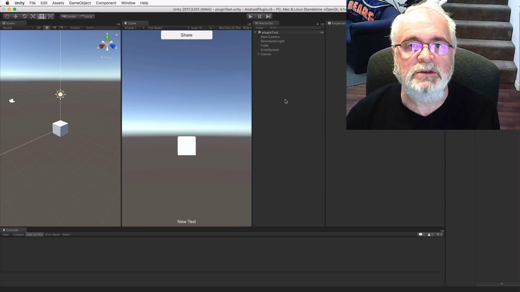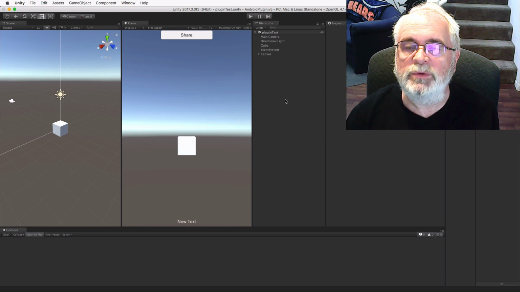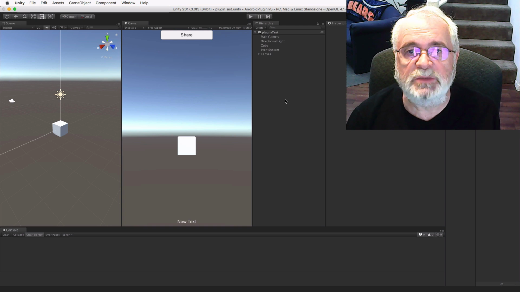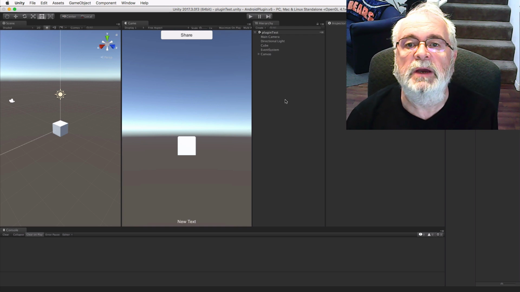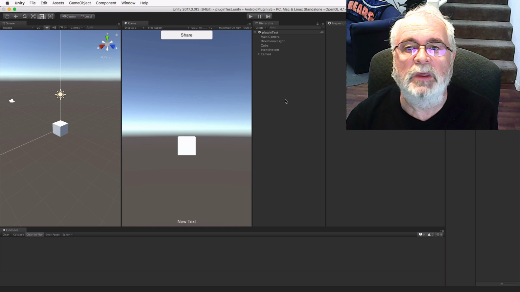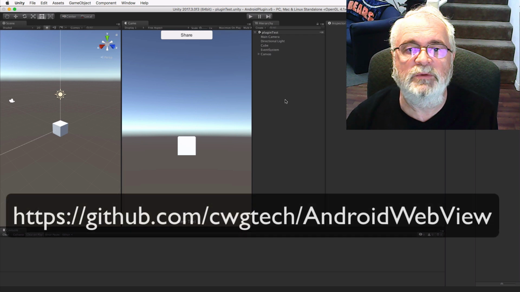Hello, and welcome to my tutorial on how to show a web view on top of your Android Unity app, while still allowing the user to interact with your Unity UI. As before, this tutorial assumes a reasonable knowledge of Unity, C#, Android Studio, and Java. The source code for this tutorial can be found at